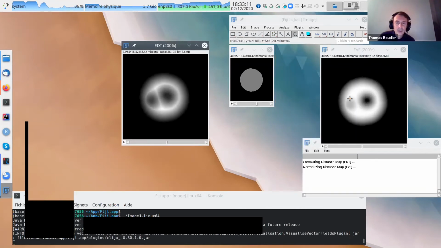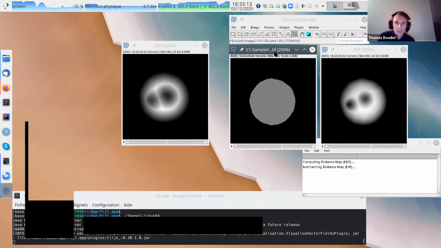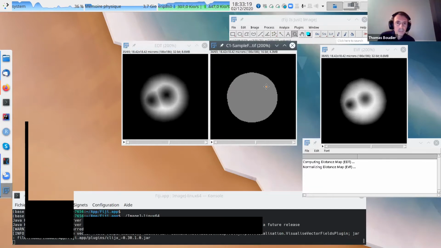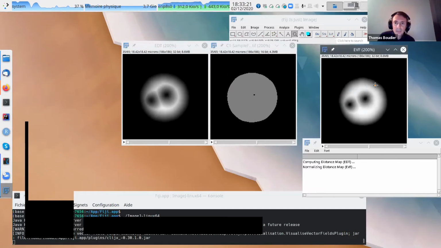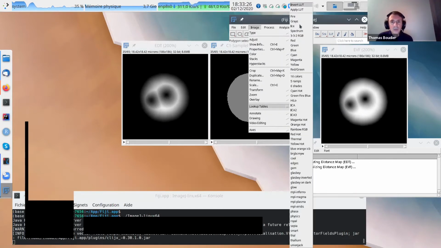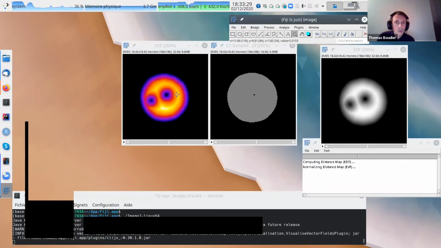So this one is the distance map. This one is the EVF. And this one is my image object. So let's go for 35. Okay. So start with EDT. Usually we use this kind of thing. So now this one is a map. Each pixel has a value. And you see next to the border, the value is very small. On the yellow, the value is very big. And the value is the Euclidean distance to the border.